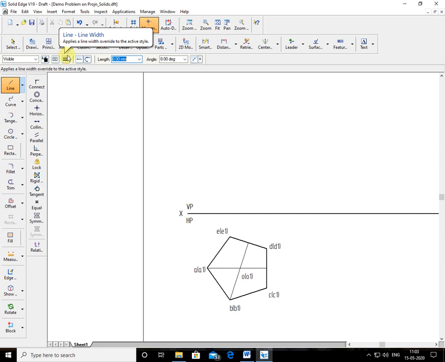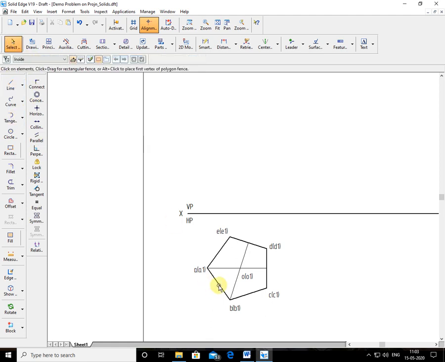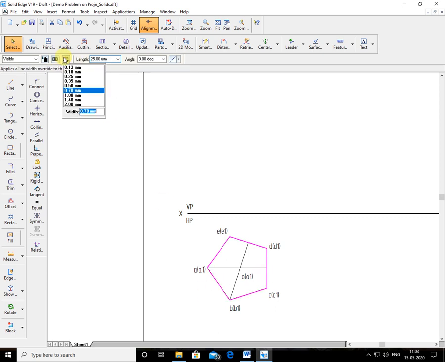So I'll choose the line. A continuous line of around 0.5 I'm choosing here. So the projection line is there. Okay. Before that, this pentagon is the top view of the pentagonal prism. I'll make it this dark. This is how much? This is 1. Now I'll draw the projectors here.